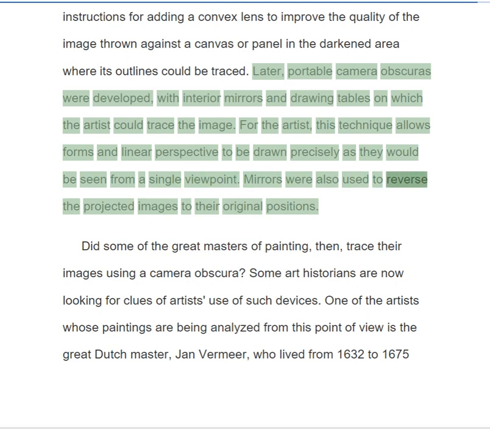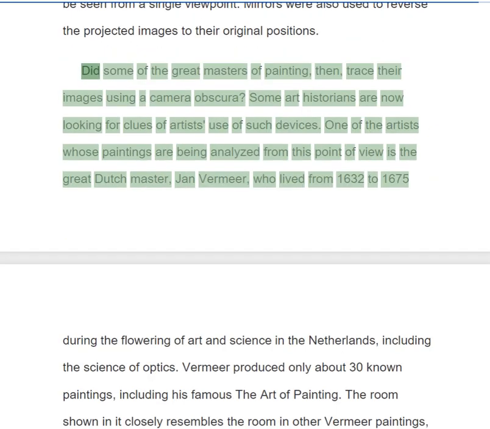Mirrors were also used to reverse the projected images to their original positions. Did some of the great masters of painting, then, trace their images using a camera obscura? Some art historians are now looking for clues of artists' use of such devices. One of the artists whose paintings are being analyzed from this point of view is the great Dutch master, Jan